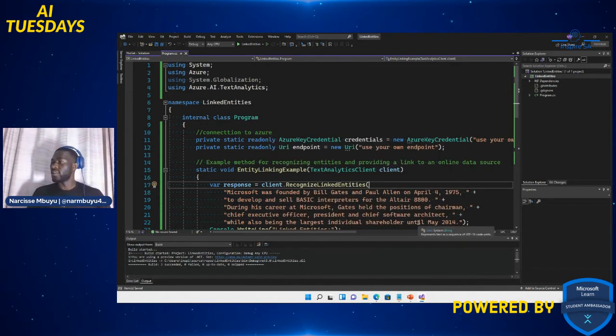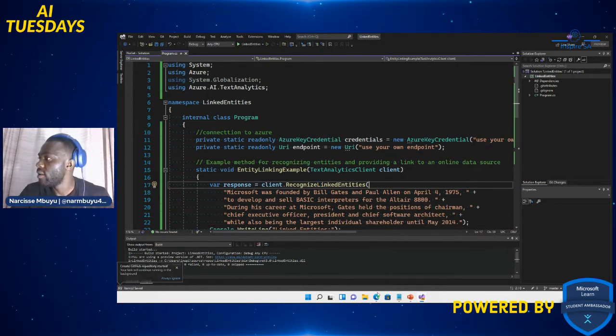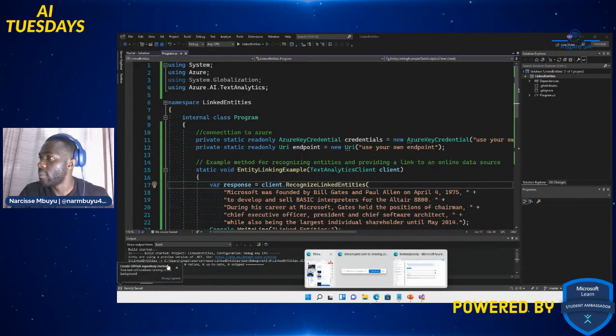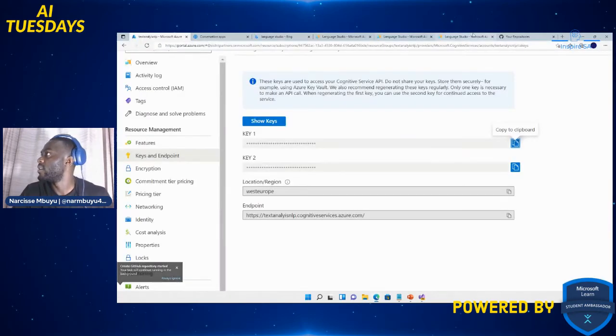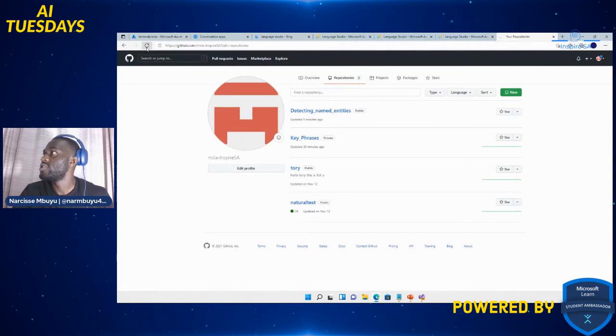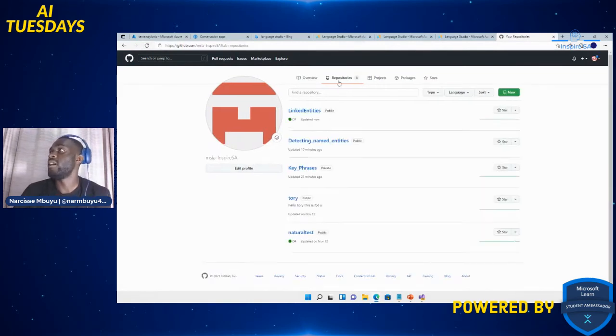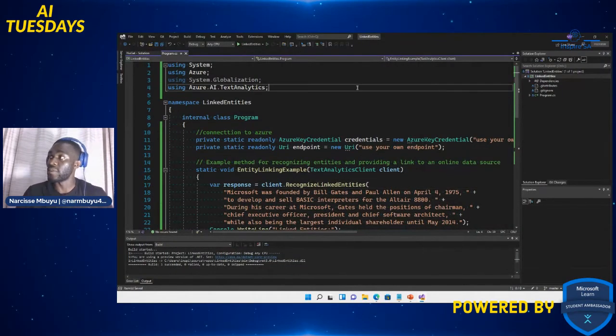Create and push, right? Adding source control to our system, creating a local one, and then if we go to GitHub, apparently there's a message here. It's already been created. Let's refresh. Oh, that number has turned to 4. Linked entities. Right, that's the new project that we just created. It's public. Anyone can access it basically. So that's the third application down.